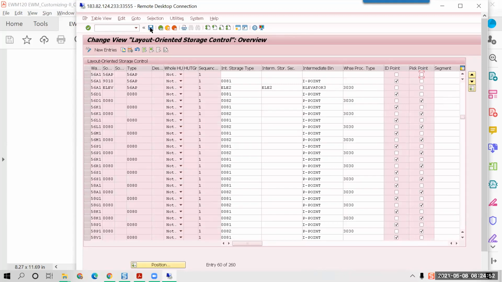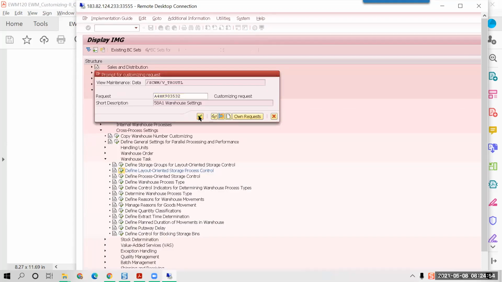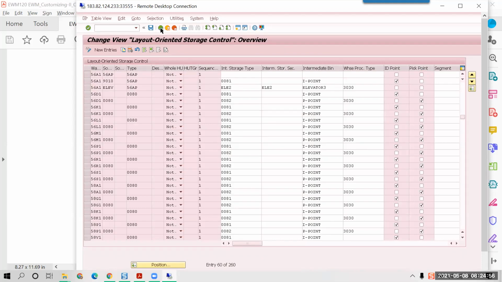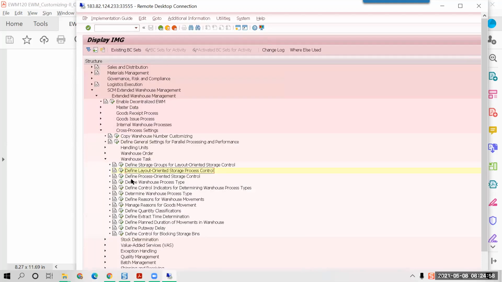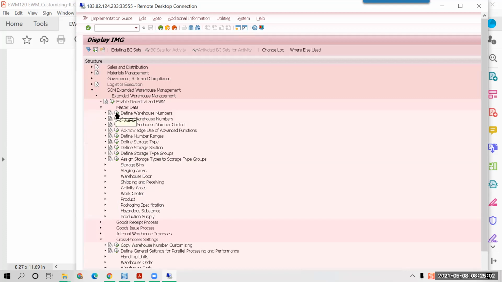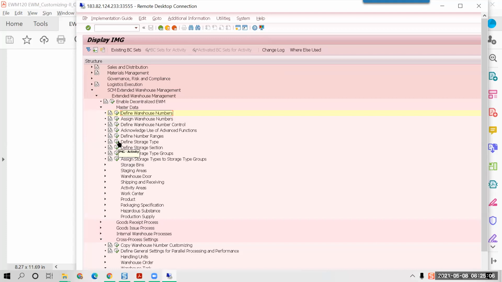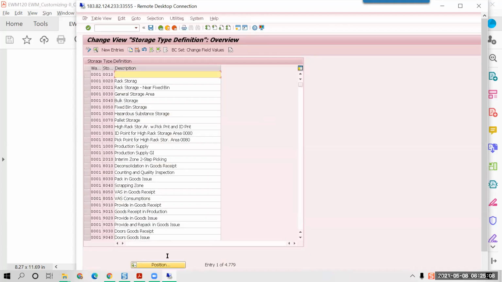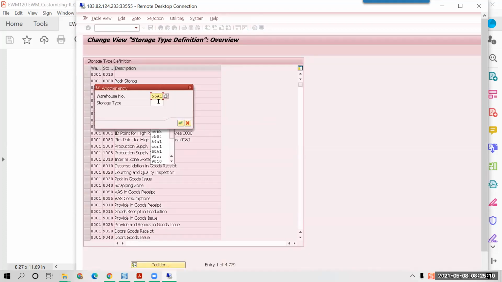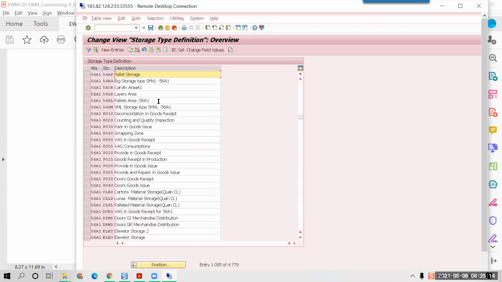Because it has not come out of this section. So look for this pick point also. What is the setting? I'm not sure because anyhow it is not going.